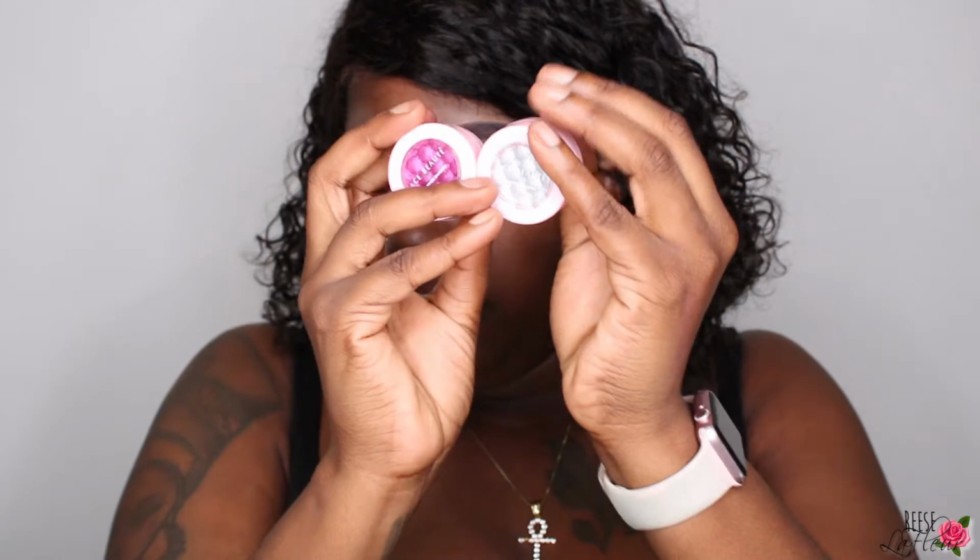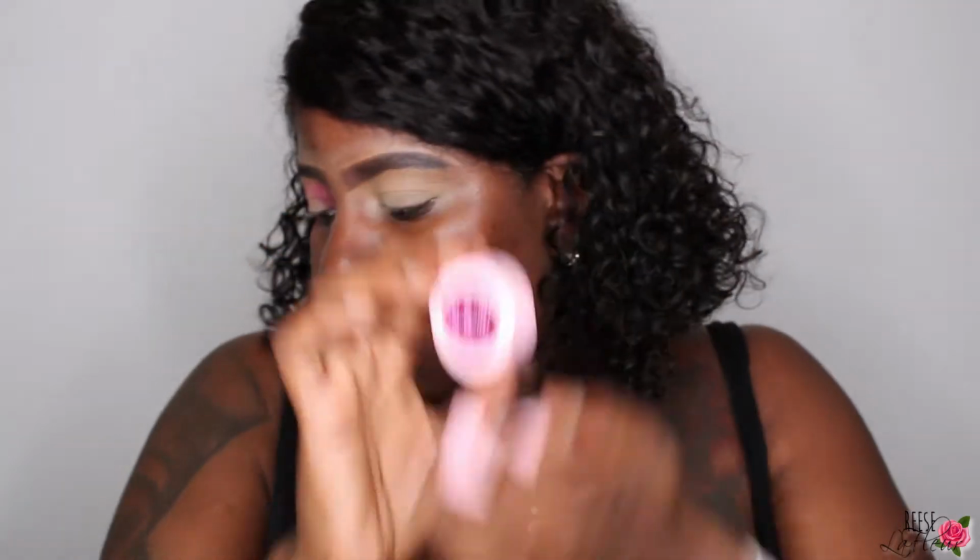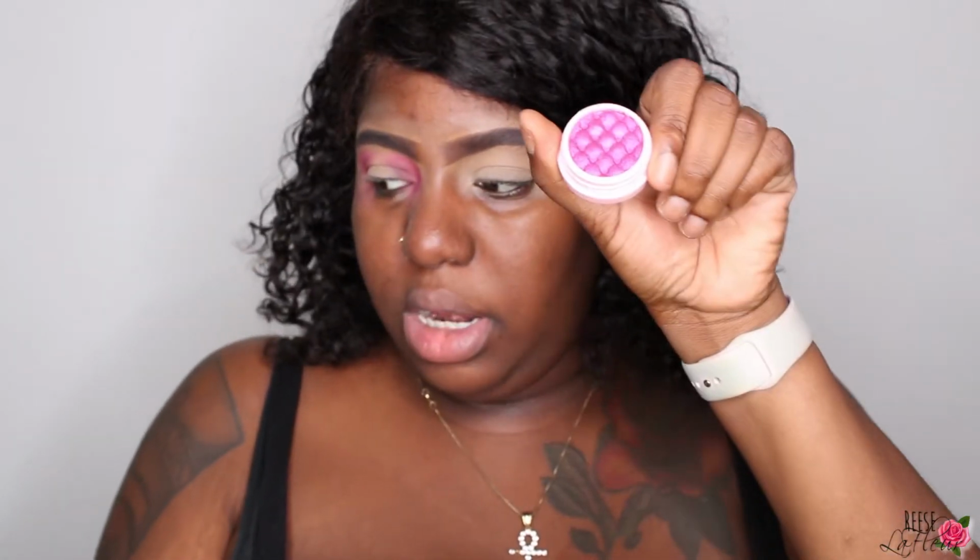So this is from Beaute. This is Huckleberry. This is French Vanilla. And this is retail at $25, so not a bad price. So I'm gonna use Huckleberry now, and it's gonna be in the center of my